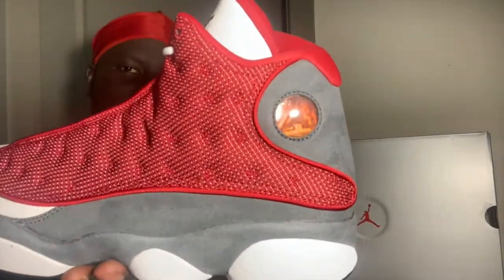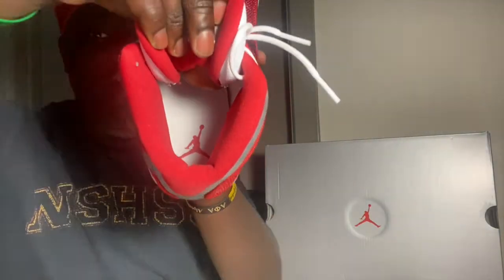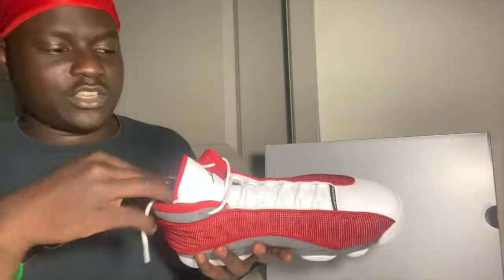With the tiger eye, panther eye, whatever you want to call it right here. The white sole on the inside with our red Jumpman. So first things first, this is definitely gonna get dirty, as you can see on the inside, the